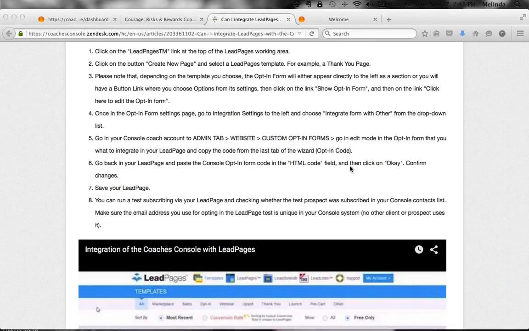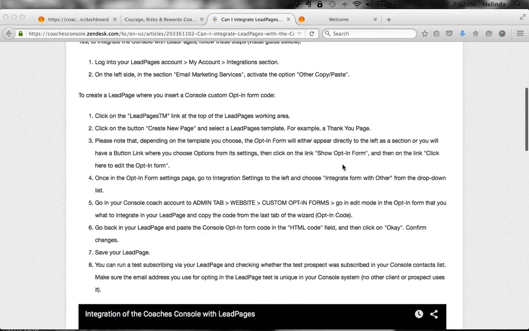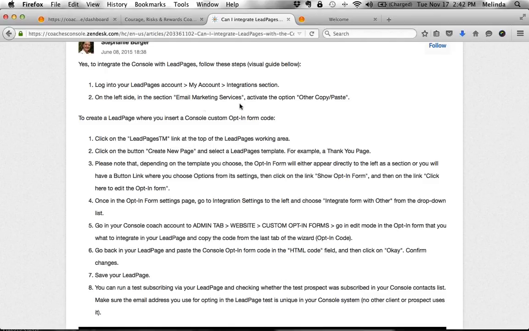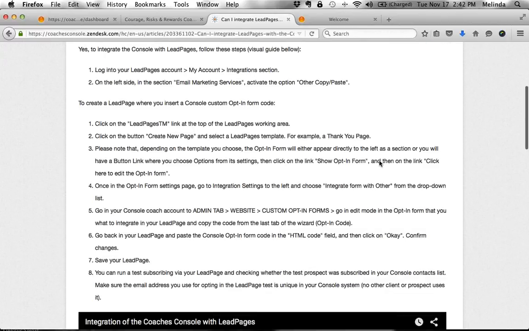So Dumont, I'm not going to go through it because there's a lot of little steps. I'll give you the gist of it. Here's this section right here. You do a couple things, and some of it is in your console system, and then some of it is actually in your Leadpages account. And for those of you that don't know what Leadpages is,